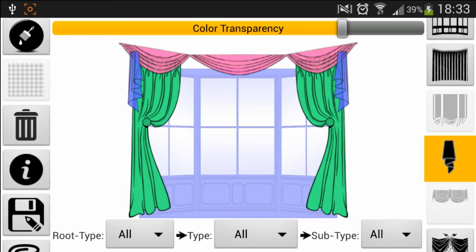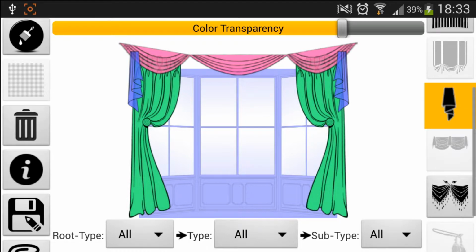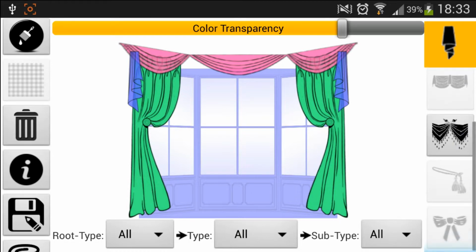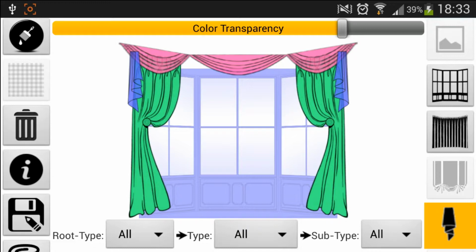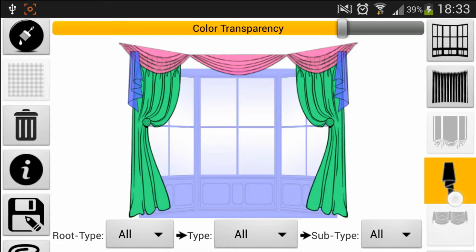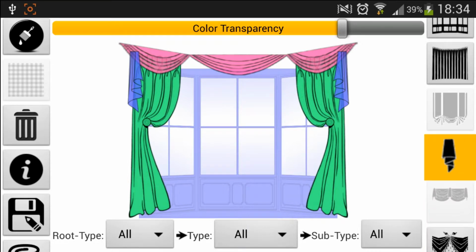If the pattern is semi-visible, it's not applied to the selected icon on the right. And we can also see that some of the other icons are semi-visible. For example, background is semi-visible, so it's not visible at all. The blinds icon is also semi-visible, so it's not seen.